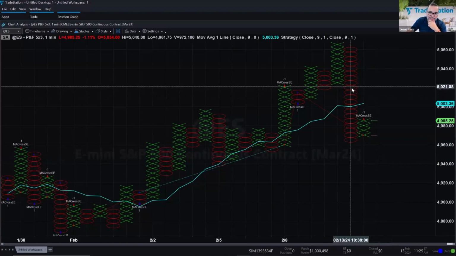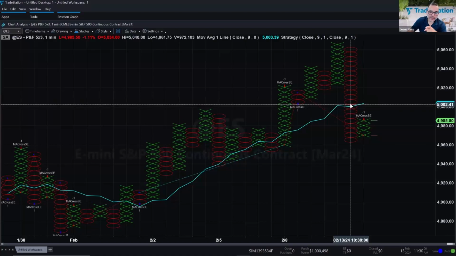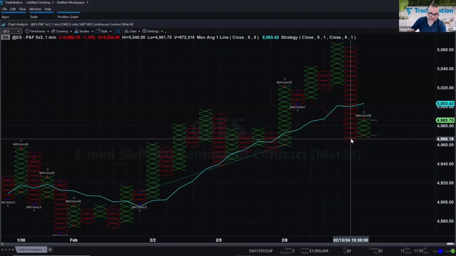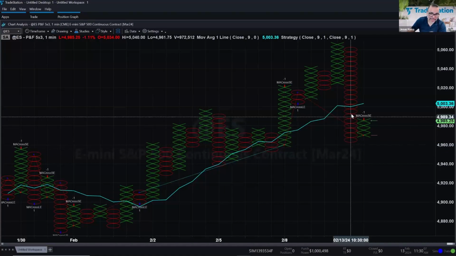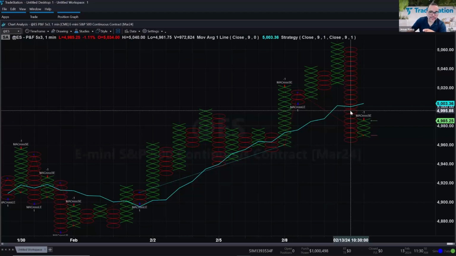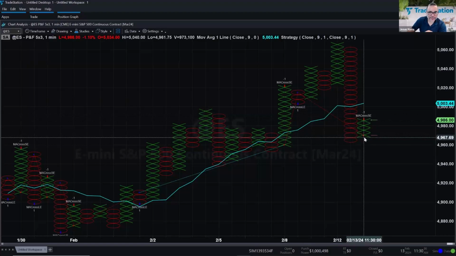Again, take a look at what the strategy is doing. The strategy sees that this column of O's crossed the moving average, but notice where the close is. The closing of the column is further down. It's not really when it actually crossed up here. So again, it doesn't quite generate the entry as you would have expected from a moving average. And also take a look at where the entry is of this short entry. The same problem with the custom strategy that we created, where the entry is on that first X right there at the bottom, when in reality, the price would have been already up here,